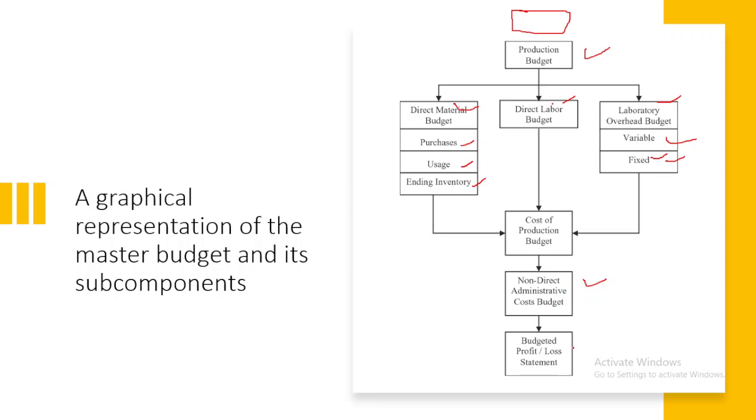And then lastly we're going to have the budgeted profit and loss, which comes from the sales minus the production cost minus the administrative cost. This will determine how much profit or loss we're going to make in the next coming financial period. So this is all the operational budget. It is just talking in terms of how we are going to generate money.